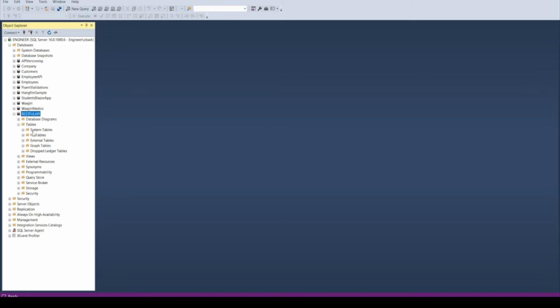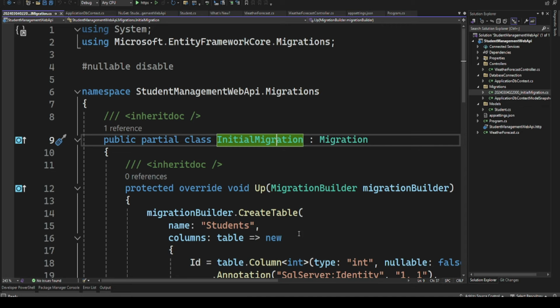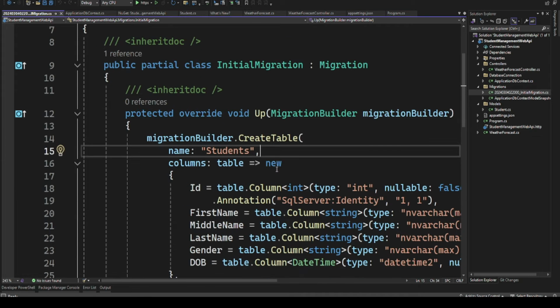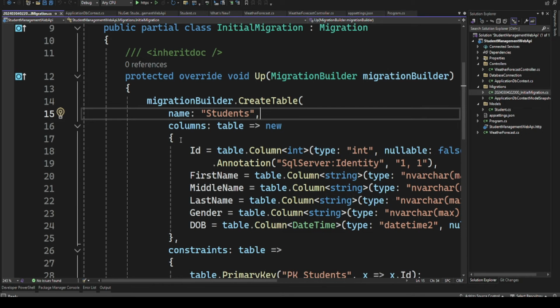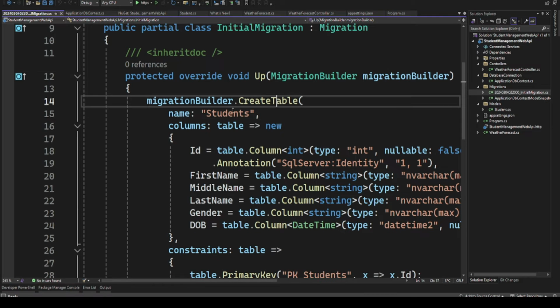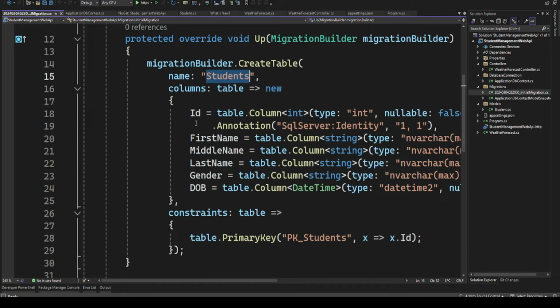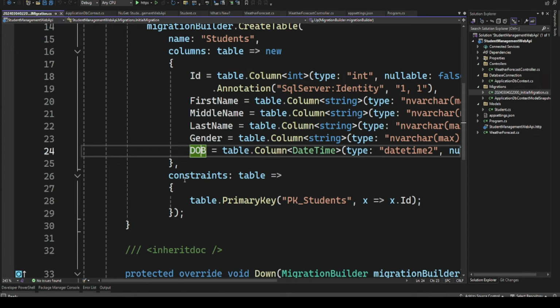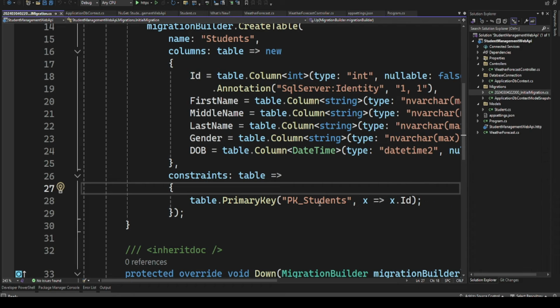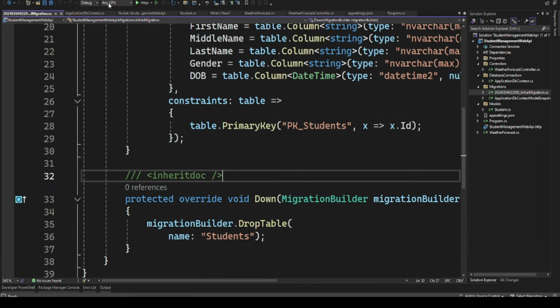If you come to our database, you'll find that we don't have any tables at this point. To create this table, as you can see on our app method, we have create table student with these columns: ID, first name, middle name, last name, gender, and date of birth. And you can see you have a constraint, which is ID, which is actually our primary key. So I want us to go back to our